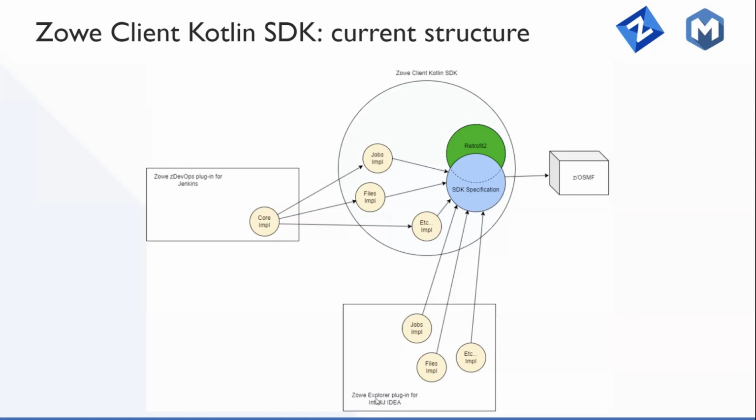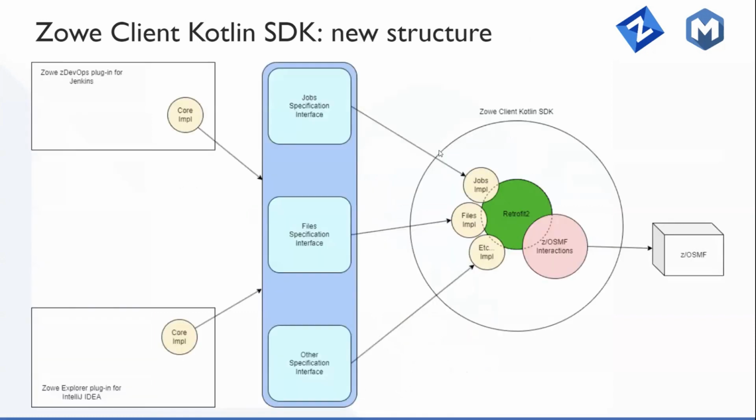And as you can see, for the plugin that is being running on the IntelliJ IDEA part, we are implementing the SDK specification ourselves inside of the plugin. And for the other plugin, for Jenkins, it's the DevOps plugin. We have some core features implemented that are working with the implementation we have in our latest version of the Kotlin SDK. So to change the things, we have some thoughts about how it will be structured,